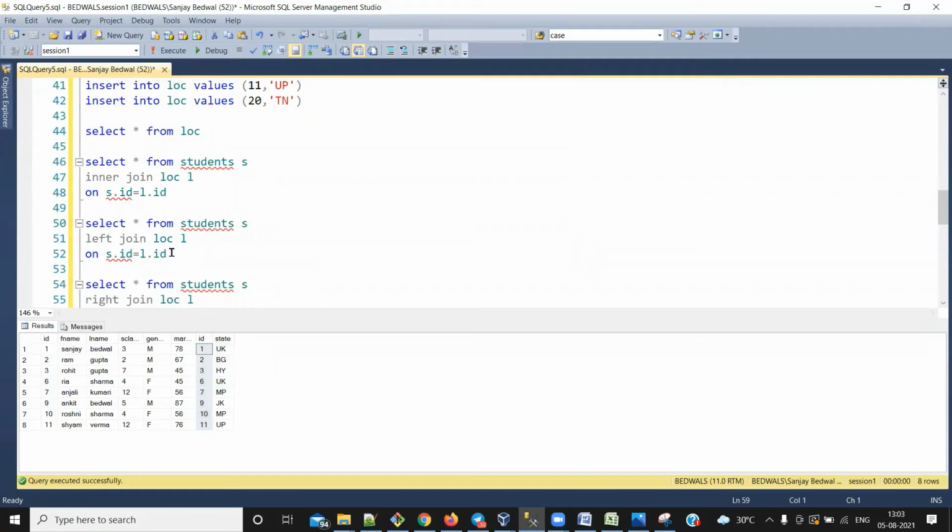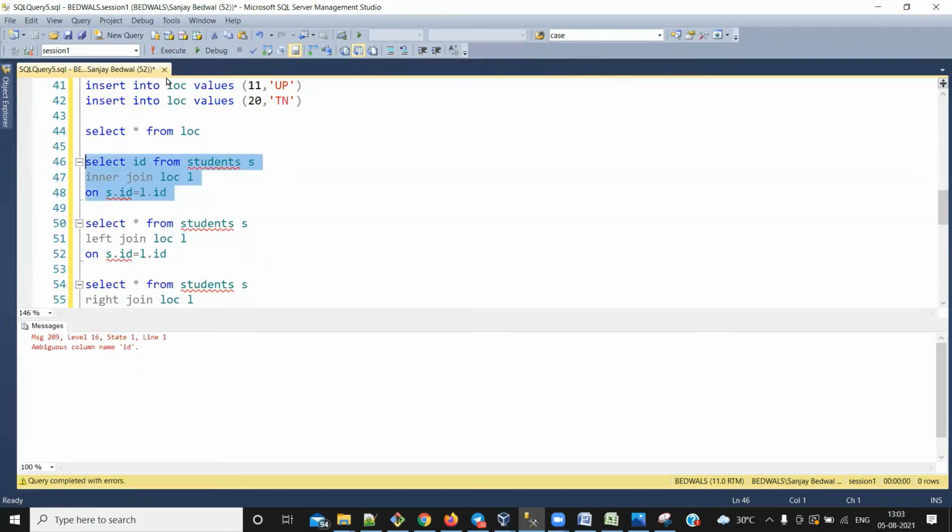So let's see this in action. Before that, I want to show you one more thing. Here I can see in the result that we have two columns with the same name. This column is named ID, and this column is also named ID. Why are both getting printed and no error is coming? Because we have mentioned star over here. If I write only ID over here, then I will receive an error saying that this ID column is ambiguous, right? So now my database is not able to find out whether this ID should come from student or from LOC, because both of these tables have an ID column.